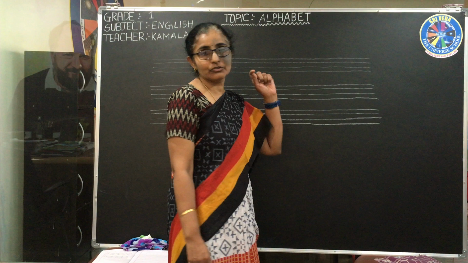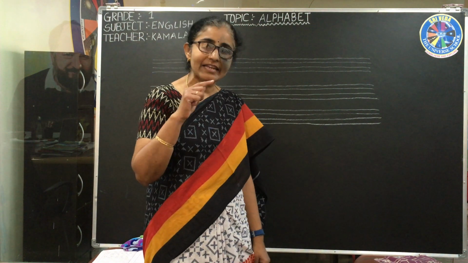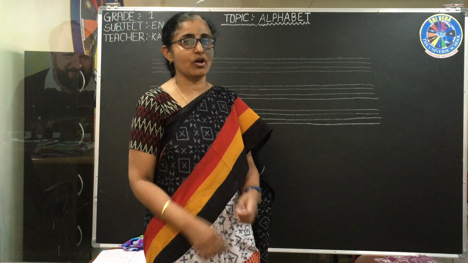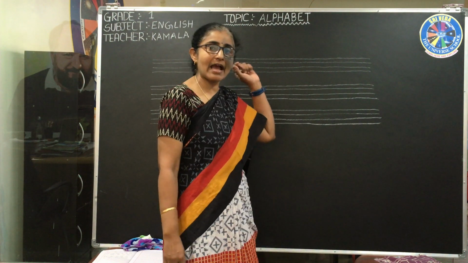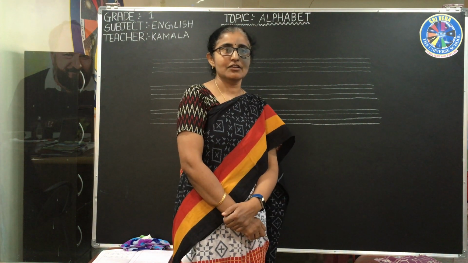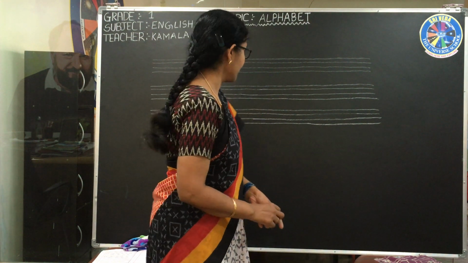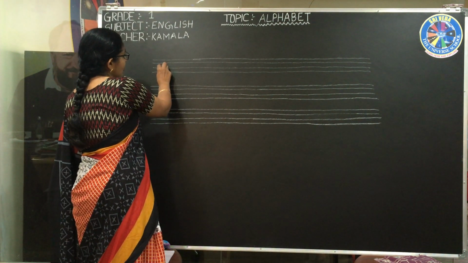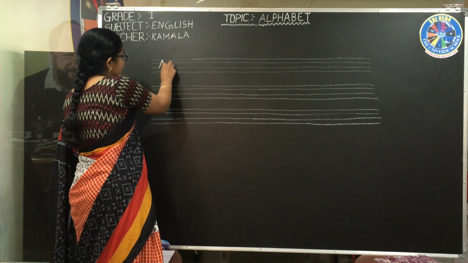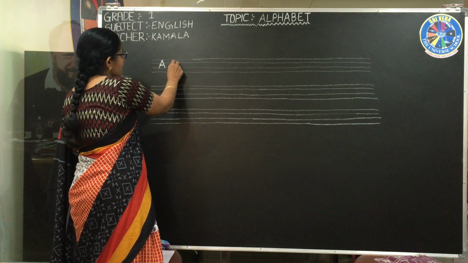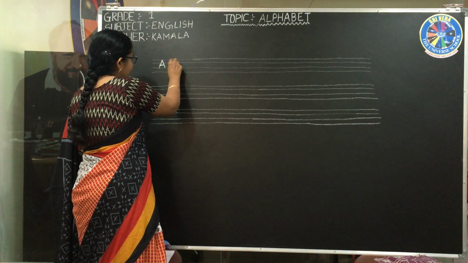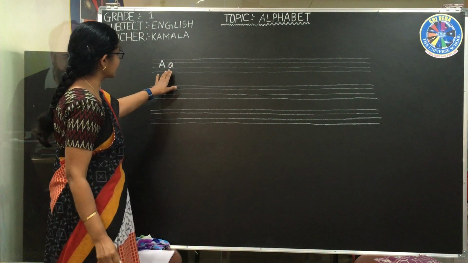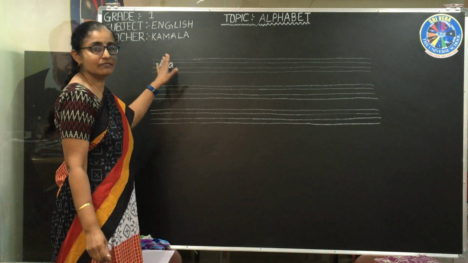What are we going to do today? We are combining the capital letter and small letter. We are writing the capital letter and the small letter together. So, let us see. All of you learn now writing the capital letter. Capital letters always you write using the first 3 lines. A. Now, small letter A. If we write like this, you can see which letters will touch which lines.